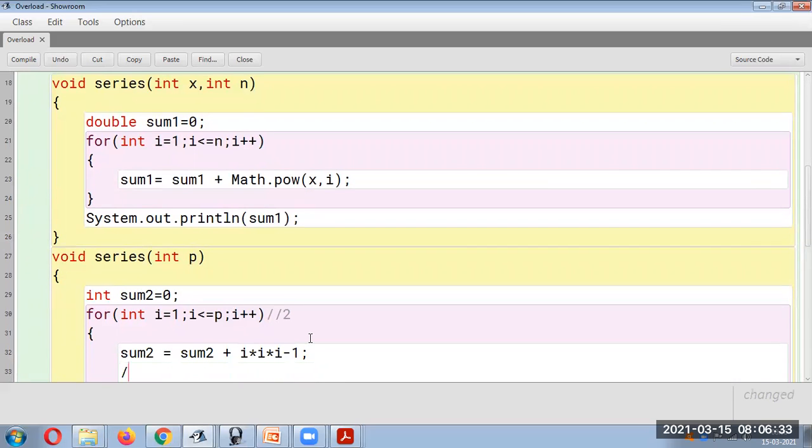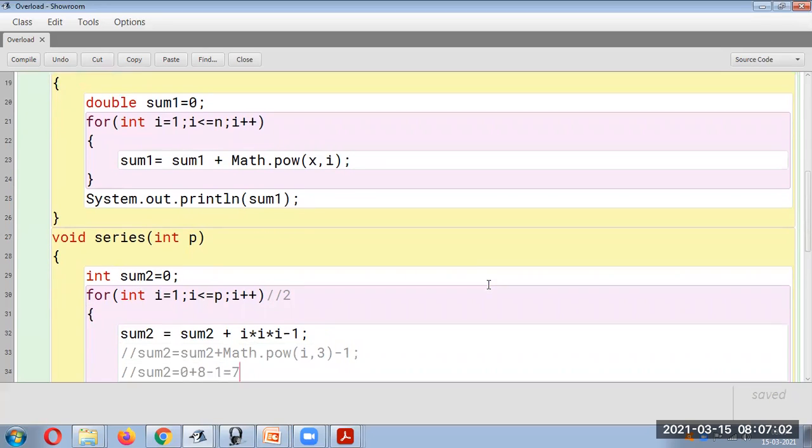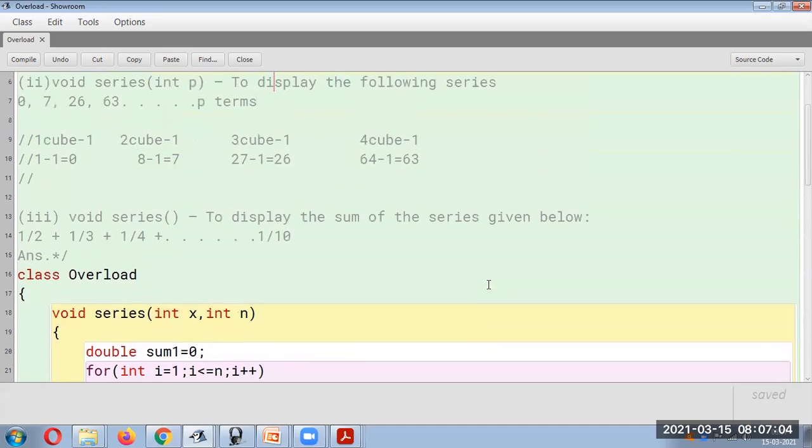This is also another way of writing. So this is pretty simple. And then at the end we can display the value of sum.